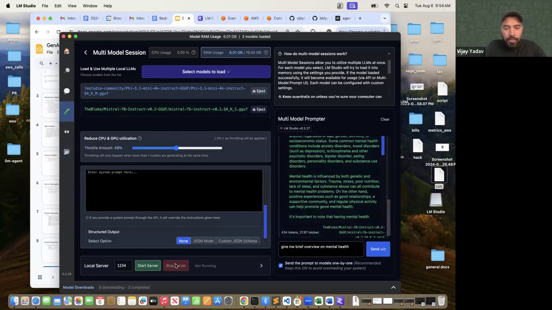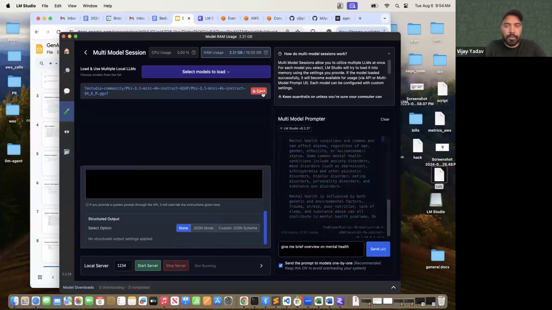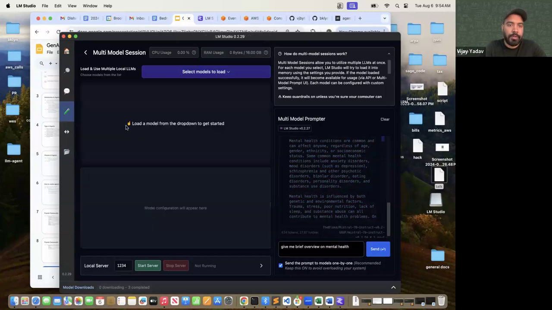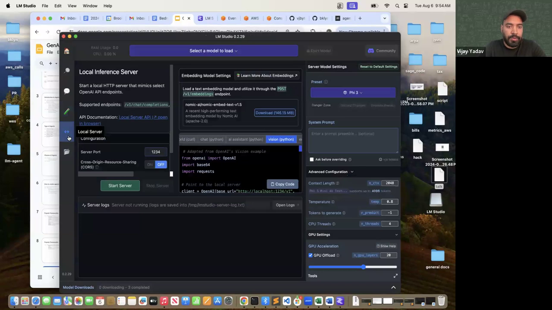So this is it. Now, once you're done, eject these models because they take some portion of your memory. If you have a low configuration, then it's mandatory to eject them. Next is how you can run inference on these models on your local machine, and eventually how you can